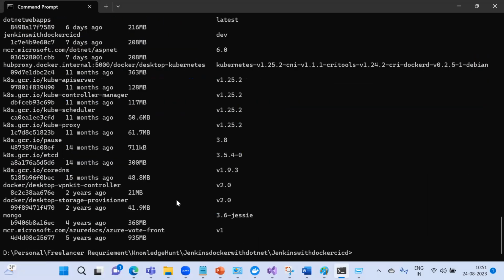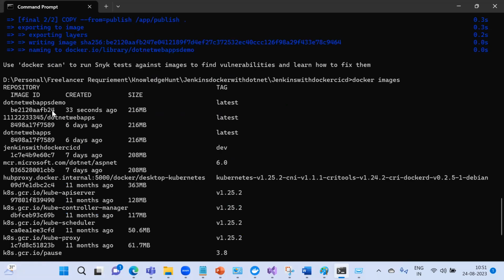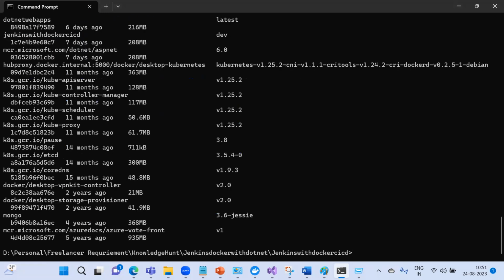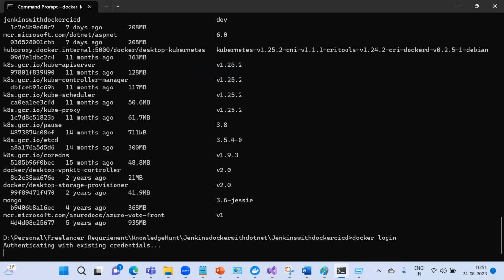So now I have built the image. So this is my image. Now what I'm going to do is push it to my Docker Hub. So if I go to Docker login, basically I'm going to log into my Docker Hub,